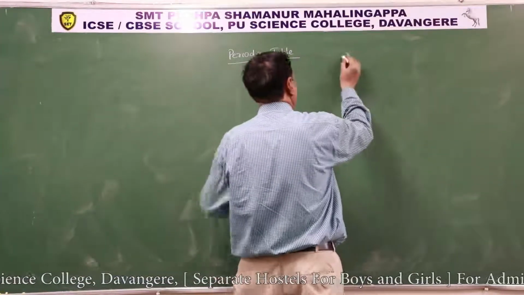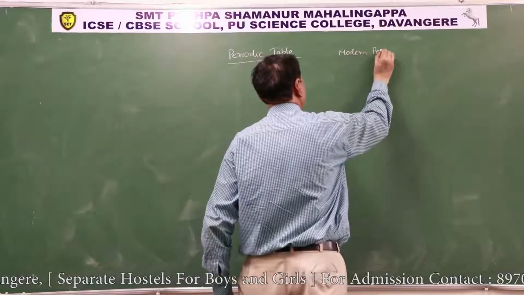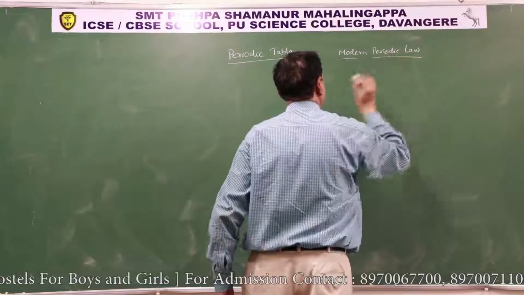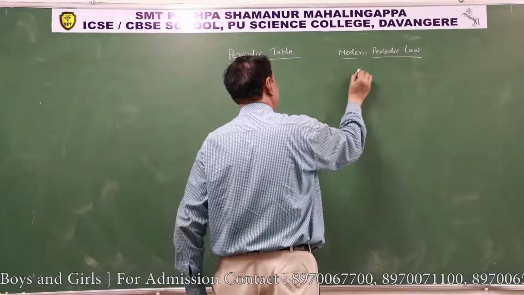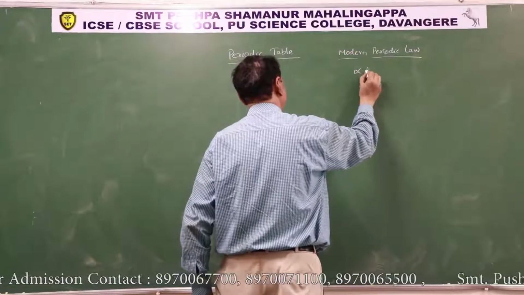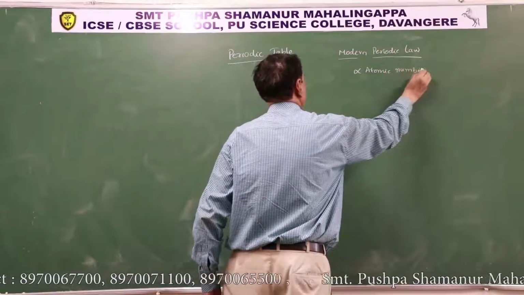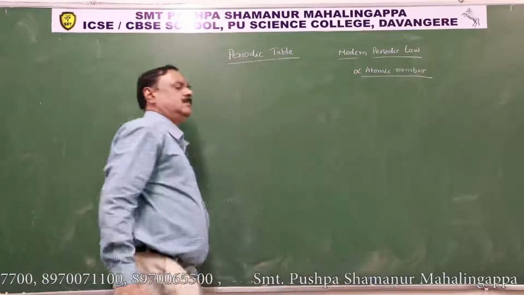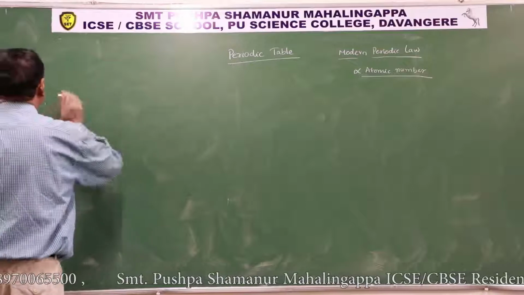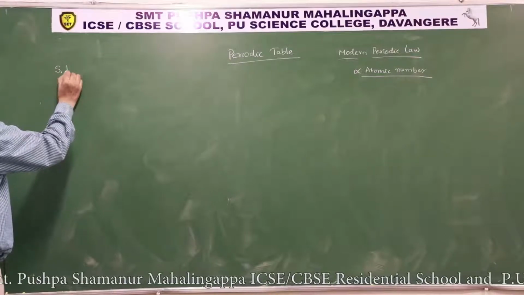That is called the modern periodic law. That is, physical and chemical properties are based upon their atomic number. Now, based upon the electronic configuration we discussed yesterday, the elements are classified into S block elements,